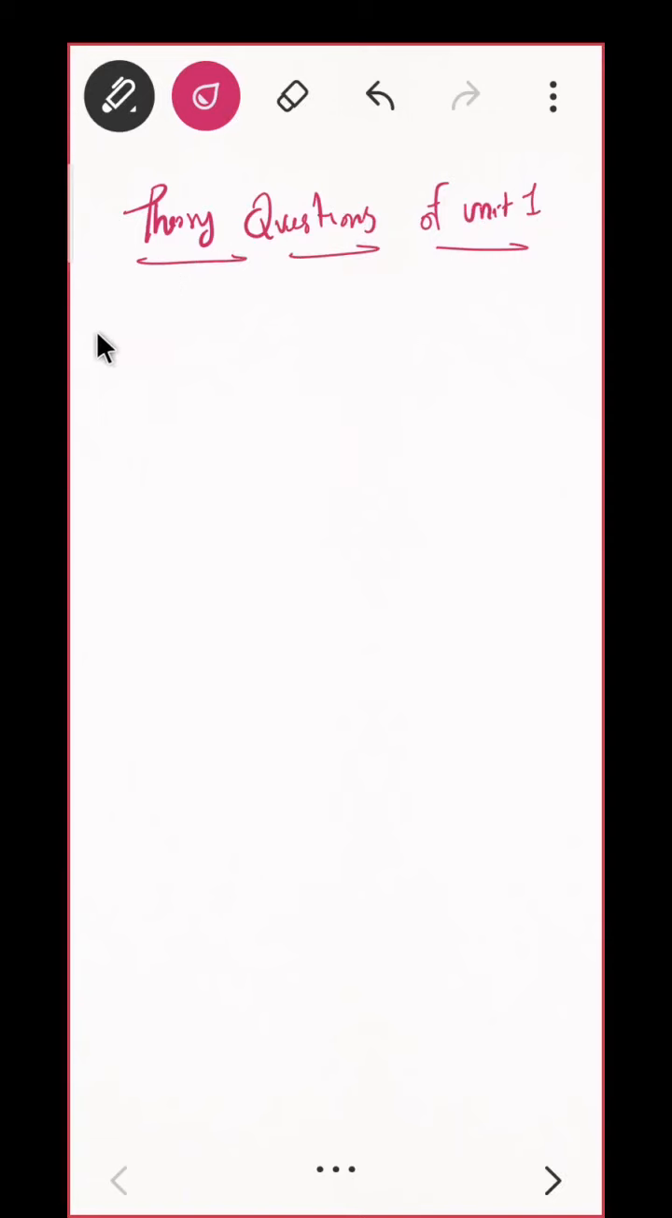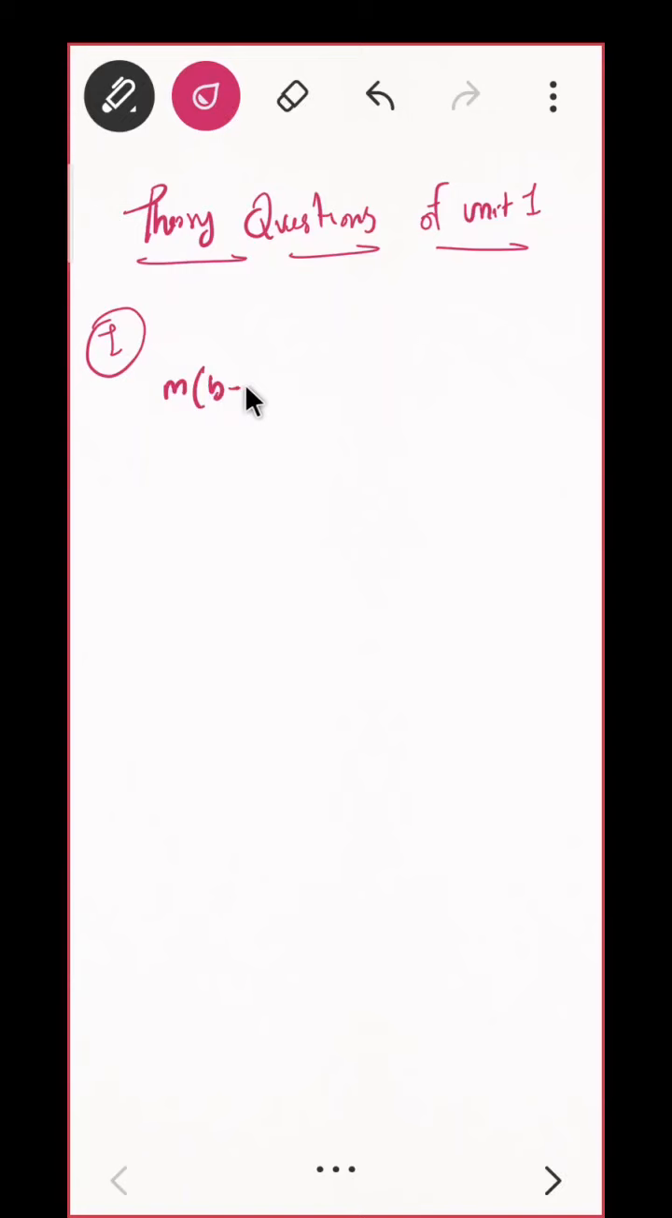Important questions, theory questions of unit 1. Okay, so first question, let us discuss the first question. I will be writing the question, and you have to tell me how we proved it and what technique we used. Yes, the first question is